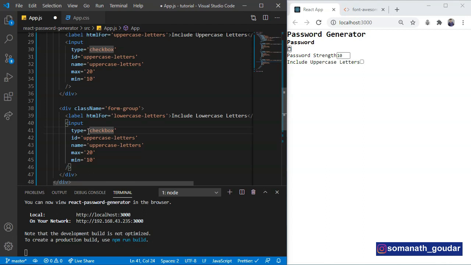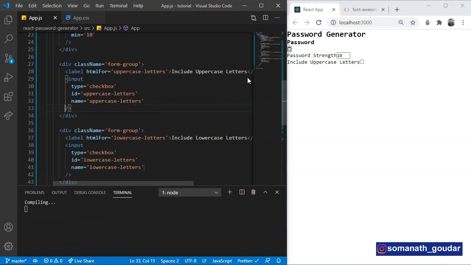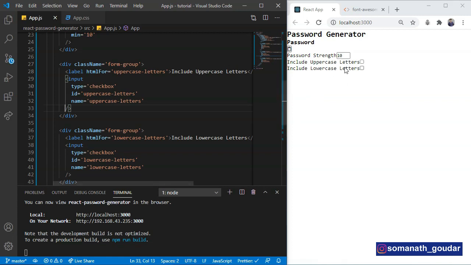This is going to be a type of checkbox, and it is going to have an ID of lowercase letters and name of lowercase letters. And I also forgot to mention that you don't need maximum and minimum values. Let's delete them. Now let's save. As you can see, now we have an input field for lowercase letters.